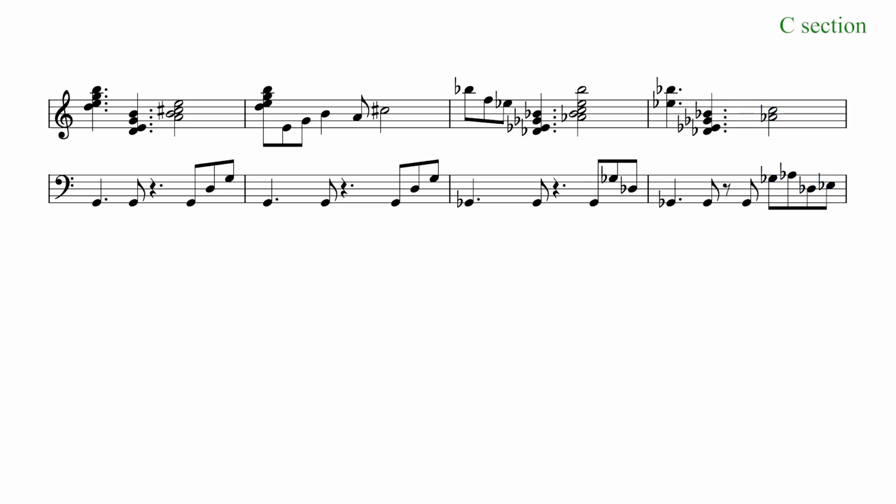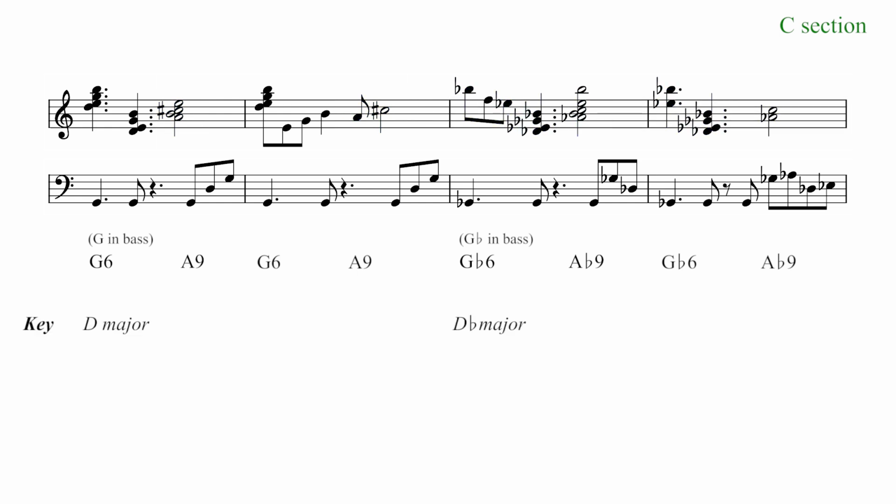The voicings here are relatively narrow, though not quite to the extent of cluster voicing. As a result, the chords are a little easier to label. G6, A major 9, G flat 6, and A flat major 9, with the G being sustained in the bass under the first 2 chords and the G flat under the second 2. This exact chord pattern doesn't show up in the A or B sections, but it does follow a familiar modulation. The G6 and A major 9 fit into the key of D major, and the G flat 6 and A flat major 9 fit into the key of D flat major.